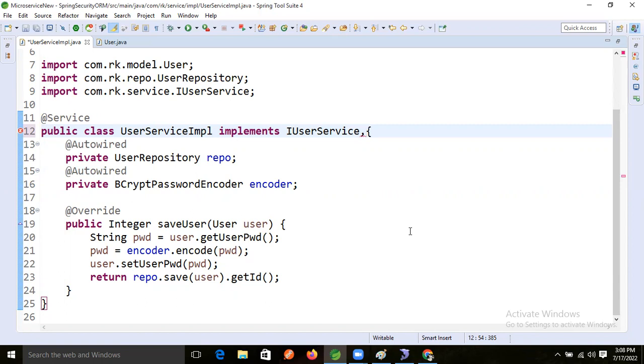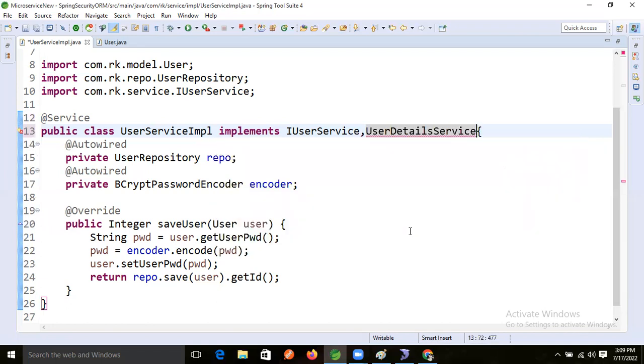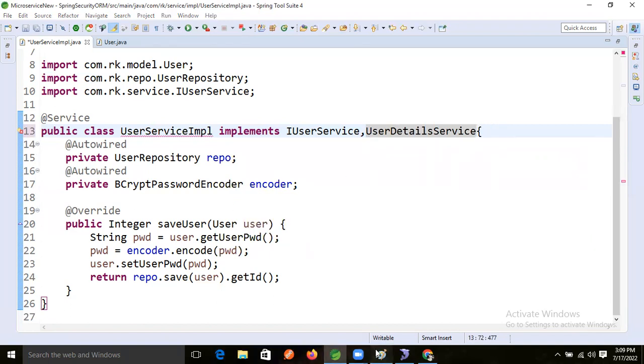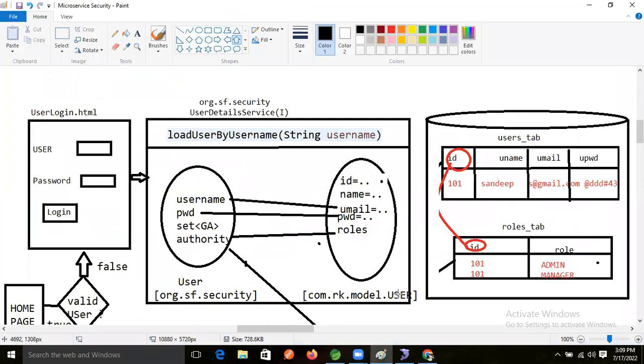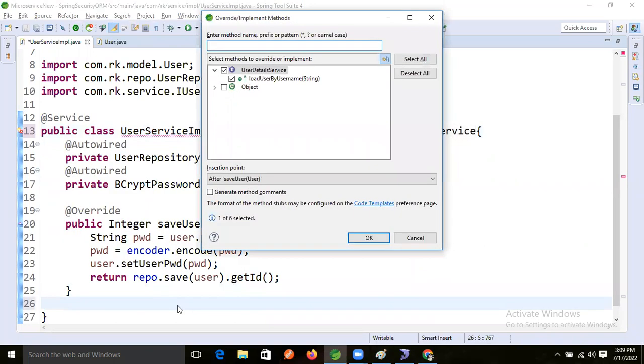So what we will do, friends, is implement the UserDetailsService interface. It has one abstract method. What is the abstract method? Load user by username. Here we will press Alt Shift S plus V,